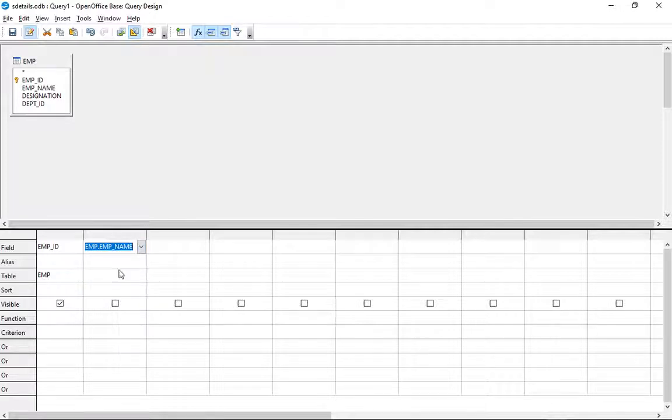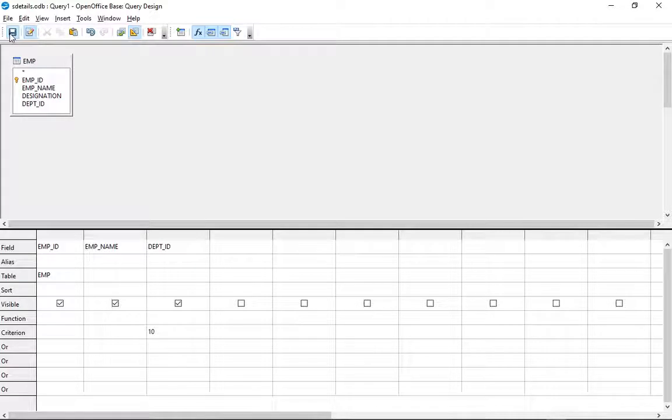Okay, we need employee ID, employee name, and we need department ID also. Criteria means you can give here the criteria which you want to extract, where department ID is 10. Let us see, is there any employee in department ID 10 in table employee?